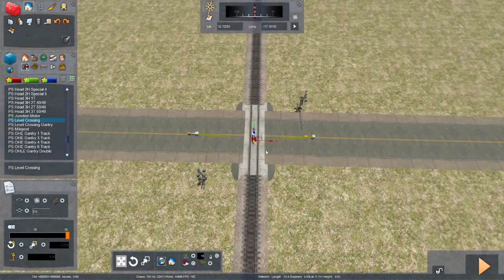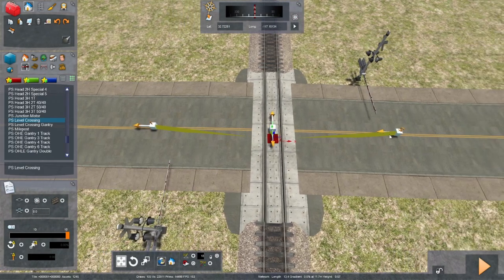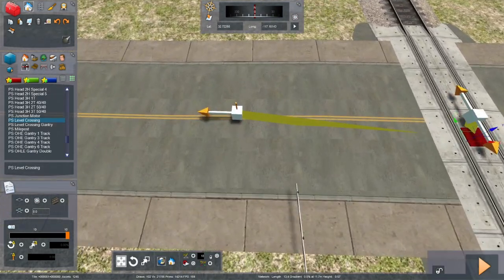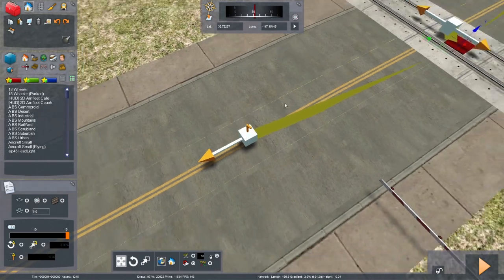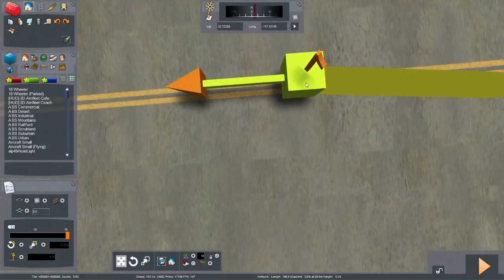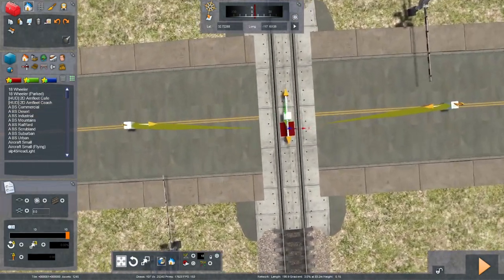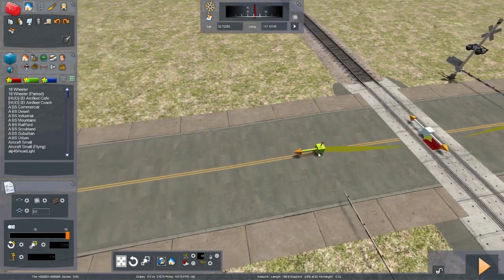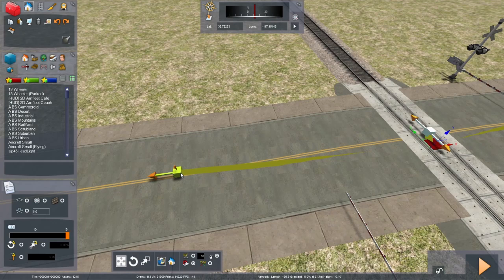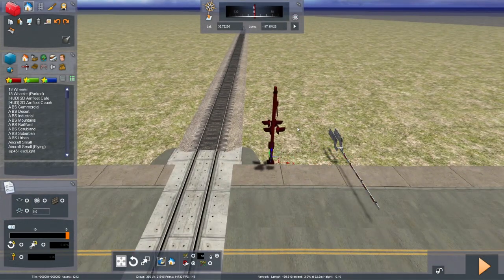So one thing you'll notice here is that these arrows are pointing the same direction, and you want to make sure that the arrows are pointing towards the track. So the way you fix that is you click up here, you go over to the arrow, and you hold shift down on the keyboard, and you click it, and that changes the direction of the arrow. And you can move it wherever. Sometimes moving it cancels the direction, so you have to click shift again, but I'm just going to put it there for now. And then we can move these crossings wherever we want.